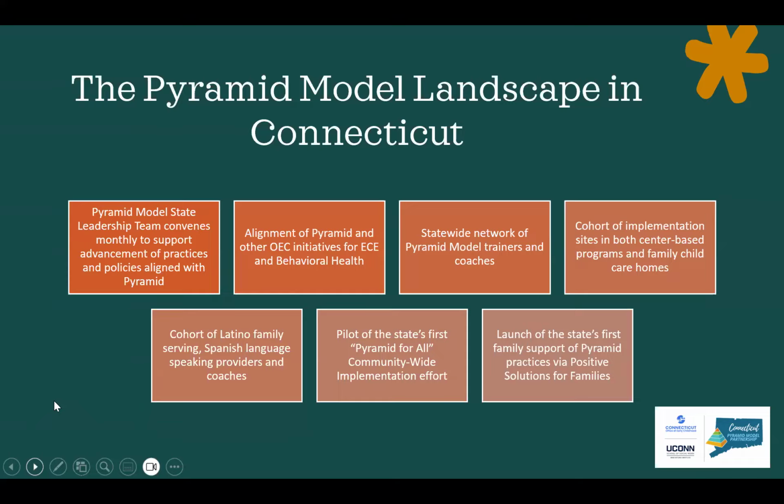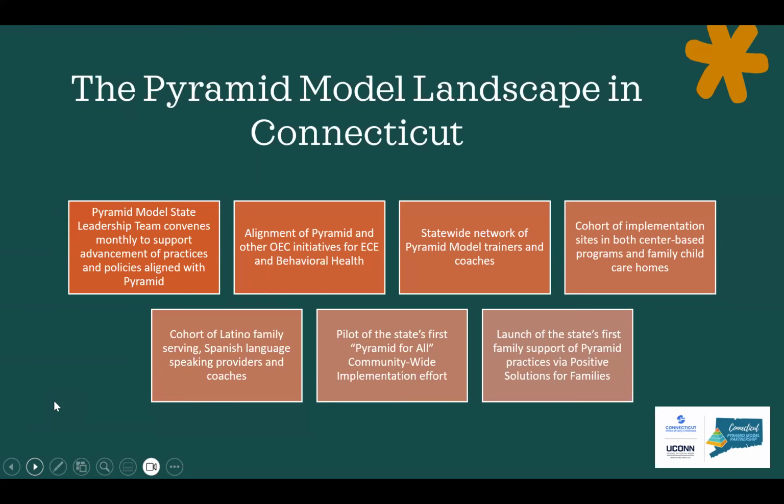We are also doing a lot of work to align Pyramid and other OEC initiatives for early care and education and behavioral health, to show that this is not additive or an additional task, but really aligns with things like